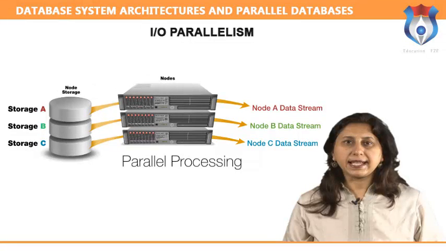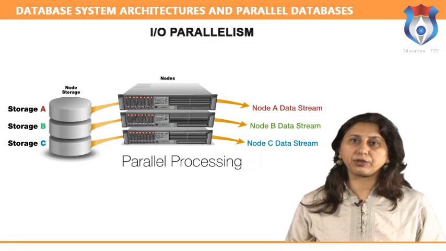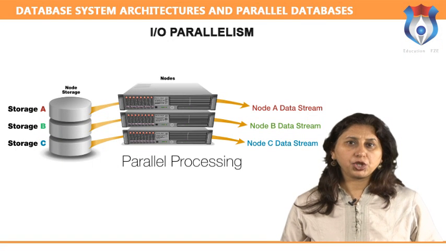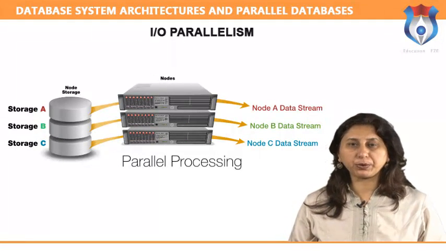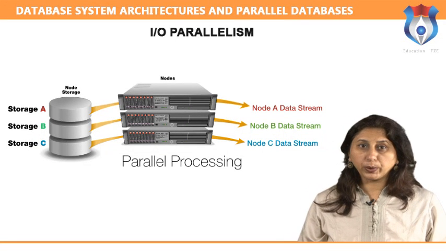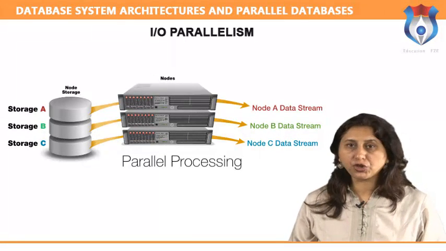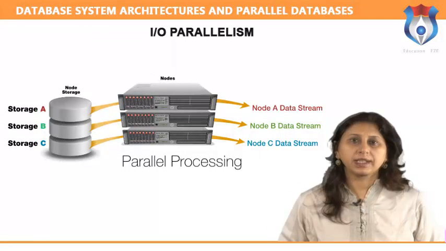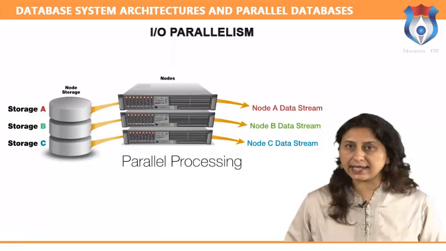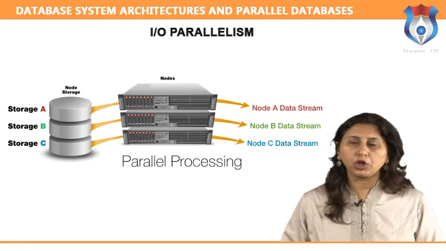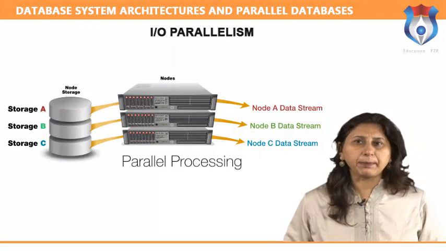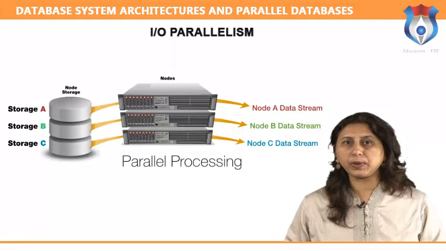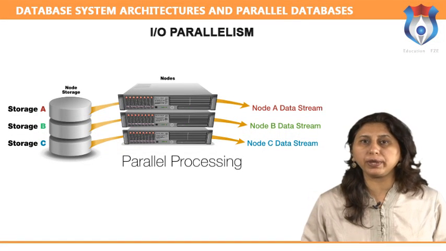Round robin: send the ith tuple inserted in the relation to disk i mod n. Range partitioning: choose an attribute as a partitioning attribute. A partitioning vector [v0, v1, ..., vn-2] is chosen. Let v be the partitioning attribute value of a tuple. Tuples such that vi <= v < vi+1 go to disk i+1. Tuples with v < v0 go to disk 0, and tuples with v >= vn-2 go